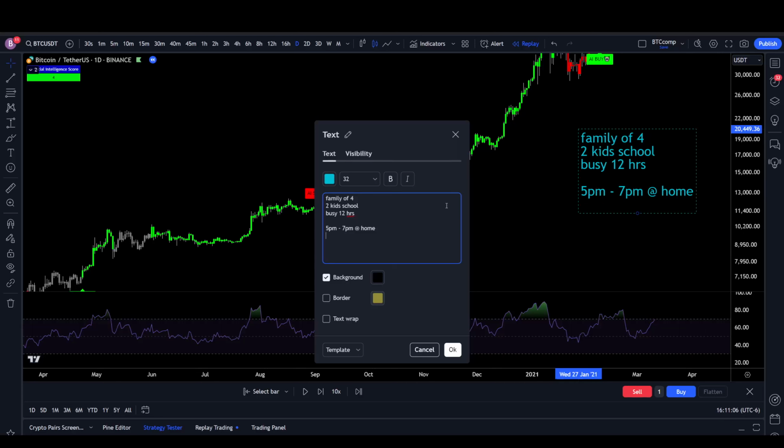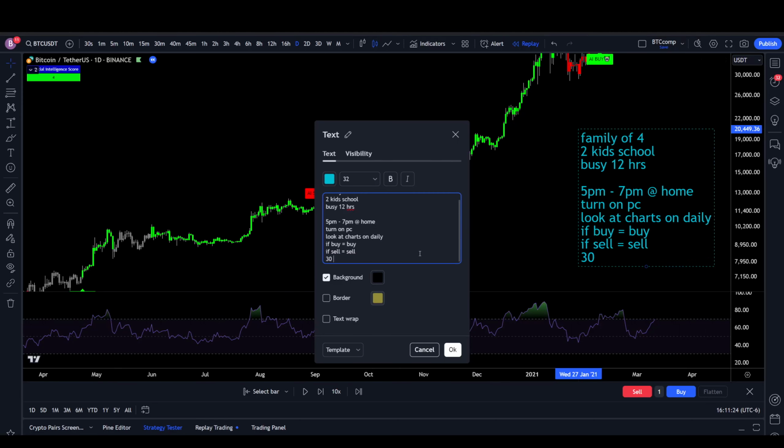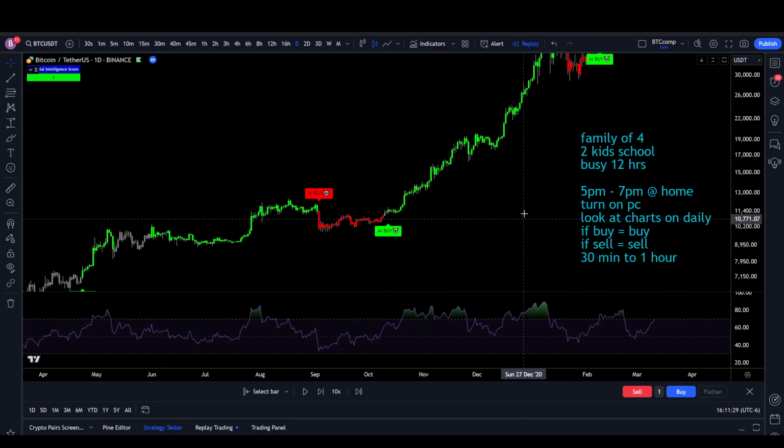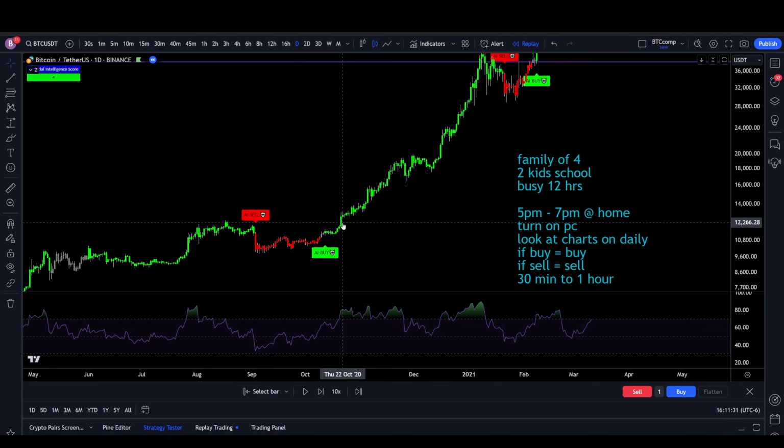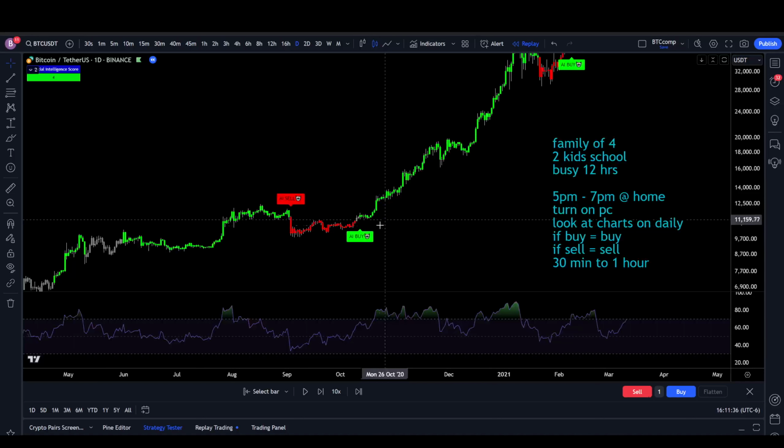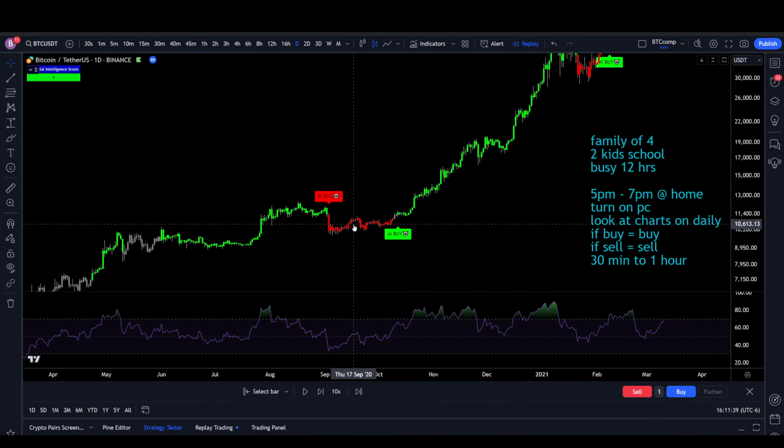You're back home, you turn on your PC, and you look at all your charts on daily. If buy, buy. If sell, sell. You're done. This takes you maybe 30 minutes to 1 hour, depending on how many tokens you have. I mean, how easy is that? Each candle, that's a daily candlestick there. So right here, yeah, the price was barely moving up, and each day you're just going to work,